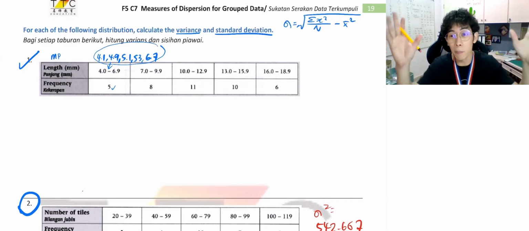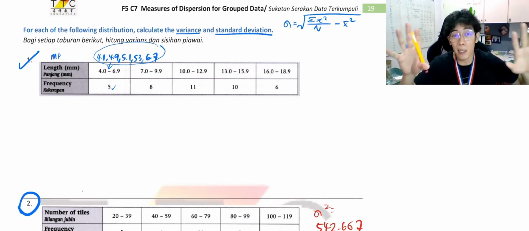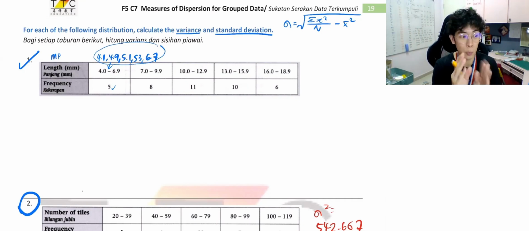I just simply put some random data there because they didn't give us any. So all these 5 data fall within 4.0 to 6.9. Got it? So it means if I'm going to do standard deviation,